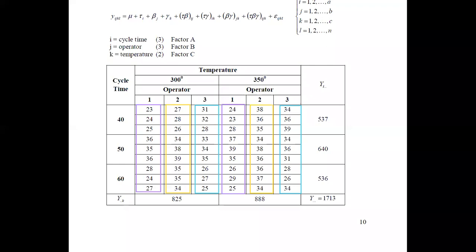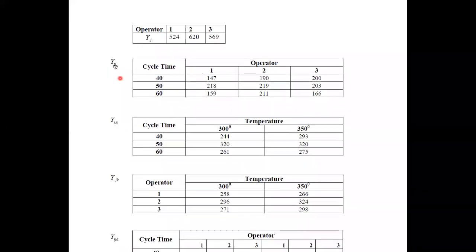Now you have taken the totals related to the main effects. Factor A has been taken as these row totals, factor B as the column totals, and factor C as these column totals, and now you have identified the clusters for factor B, and thereafter we have obtained the totals also. And thereafter, what we can do here is identify the interactions.